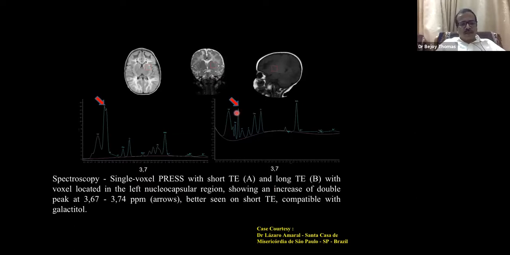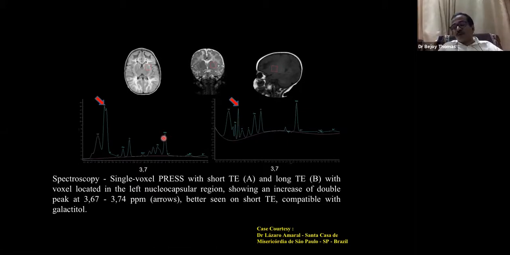And you can see in the spectroscopy at 3.56 to 3.7, actually there are multiple peaks of galactitol as well as galactose, which can be detected from 3.7 to 4.2. So this is again useful in a particular case where you have to do both T30 and 135. In this particular case, you can see again, because of the difference in T2 values at 135, the height and the integral of the peak is actually coming down. So again, one more reason to believe that it is galactitol, because a lot of peaks can be there between 3